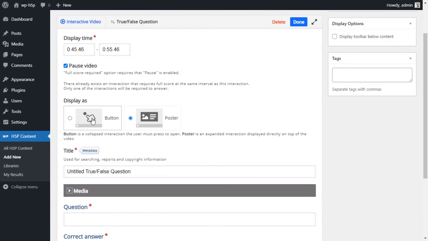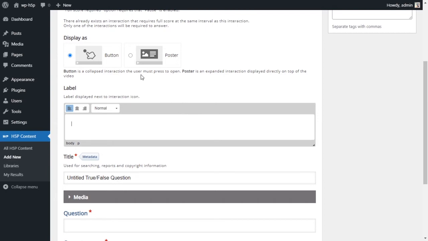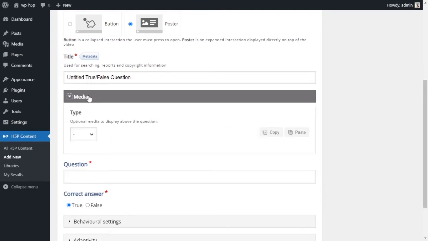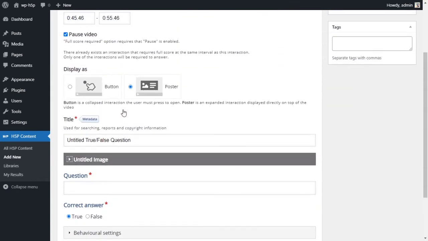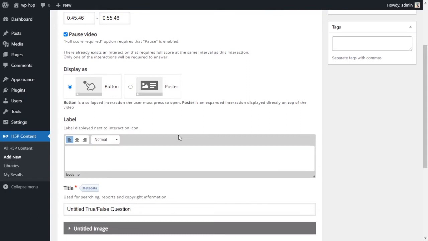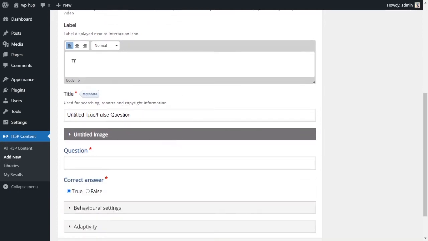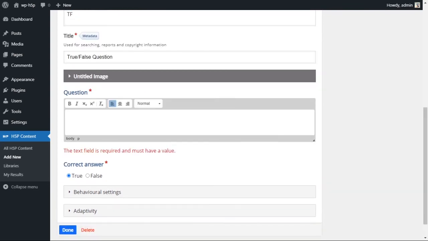I'm not going to do a poster again. I'm going to do a button. I actually like buttons more because it just looks cleaner. With the posters, you should be able to have control over the background, but I guess not for this activities, but some activities allow it. We'll see which ones. So we'll have a button. The label is TF, true or false. Title, we'll keep it as true or false. Questions, and the question here is